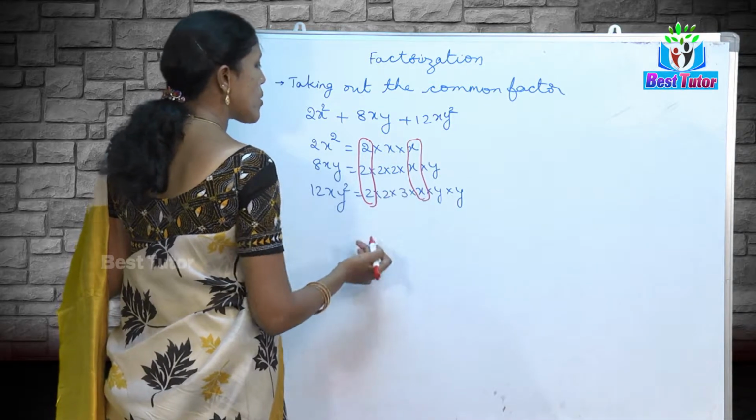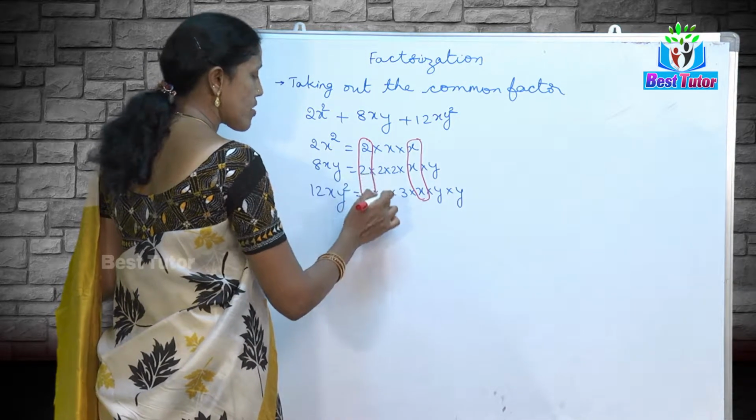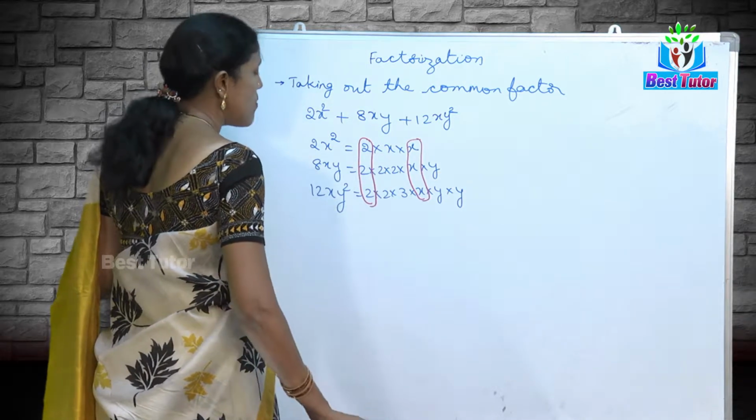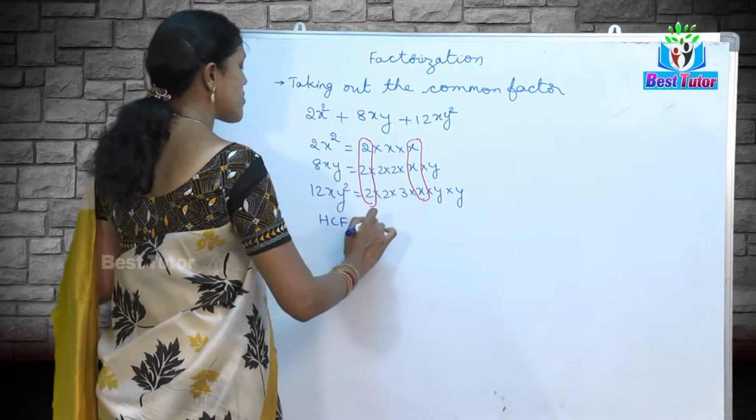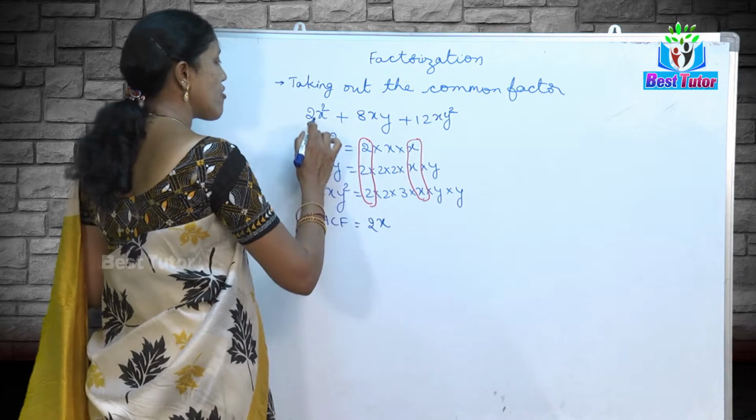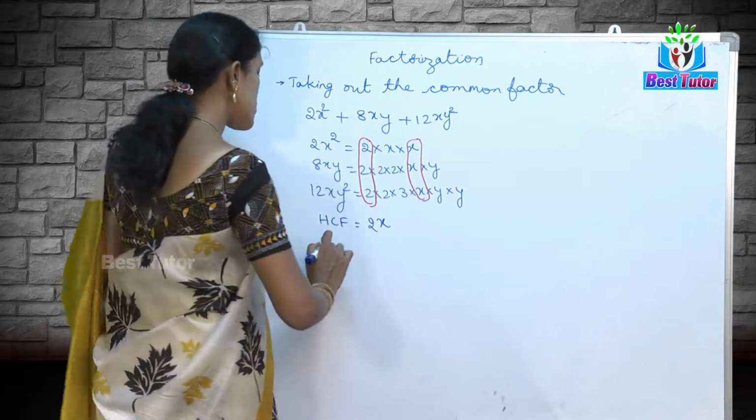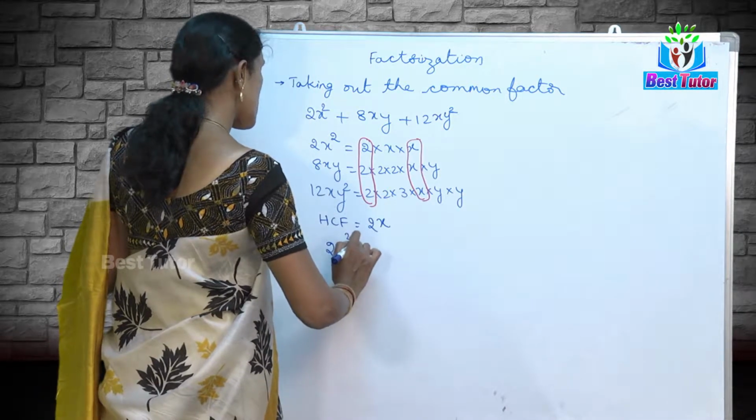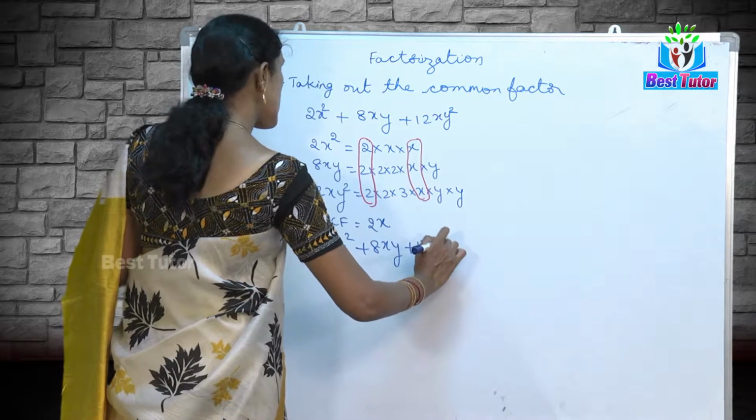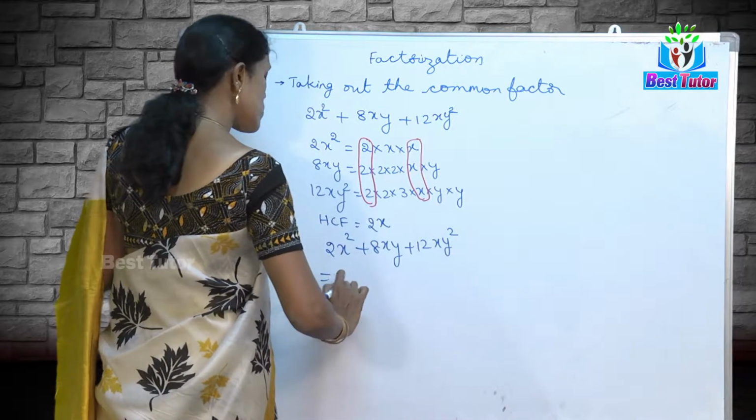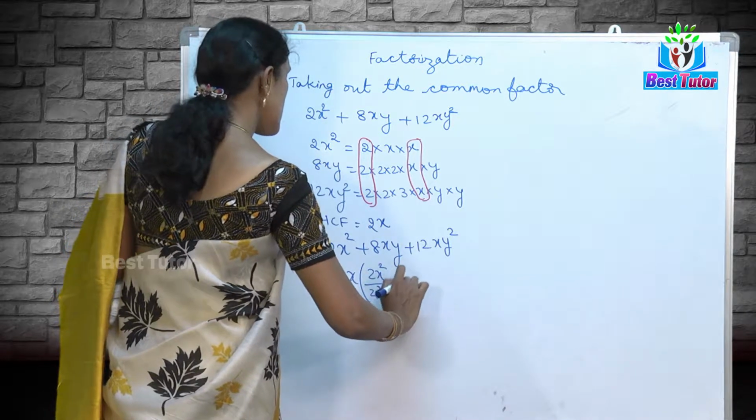Do we find any other common factors? Y is common only to the second and third term, so we can't use it. 2 is common to second and third term, it cannot be applicable. So the HCF, highest common factor of all the three terms is 2x. So if I want to take out some common factor from all the given three terms, it's going to be 2x. So I can write 2x square plus 8xy plus 12y square as 2x into 2x square by 2x, 8xy